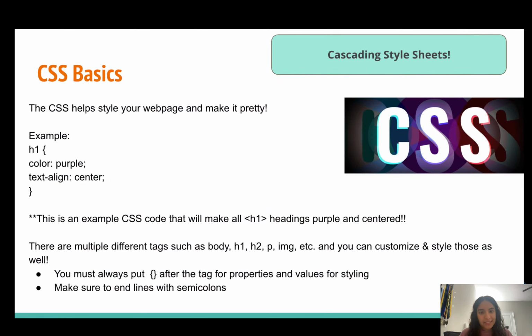CSS stands for Cascading Style Sheets. So the CSS basically just helps you style your web page, and it makes it look really pretty. So an example is like,